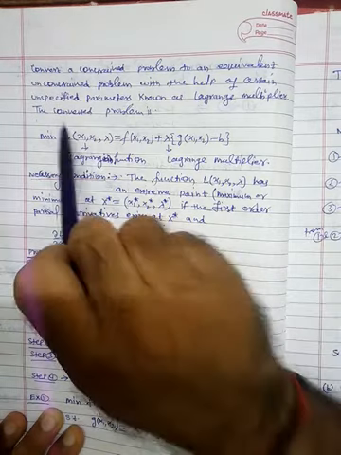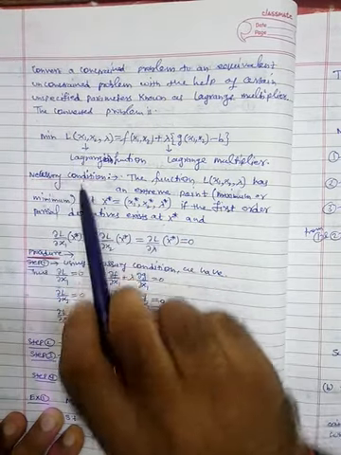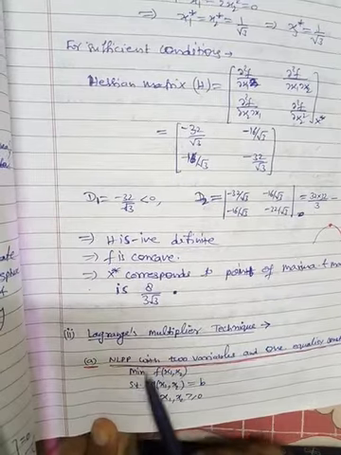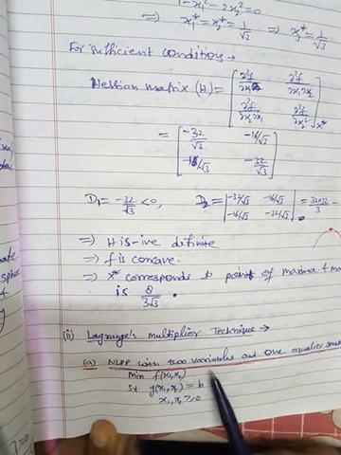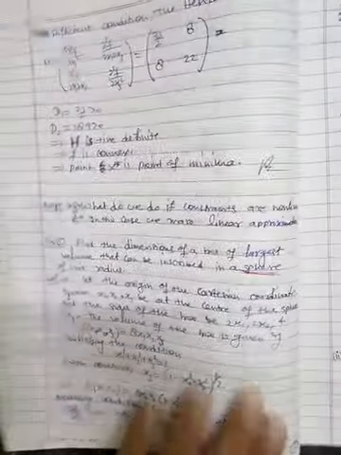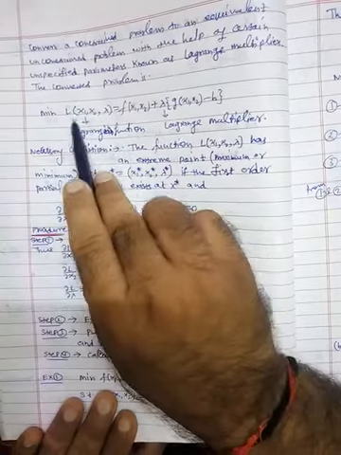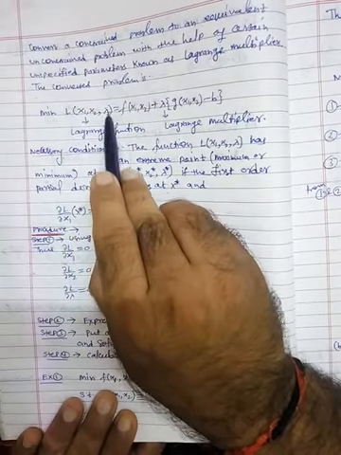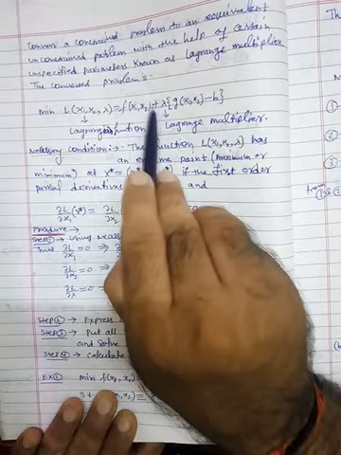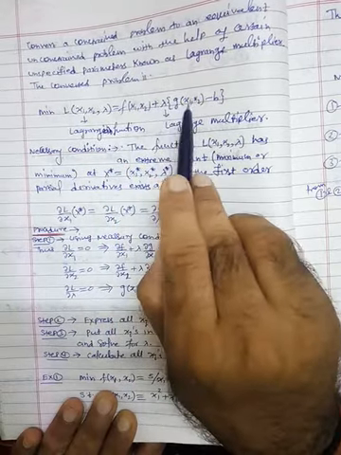Fine. So here, since we have only a single constraint, the converted problem is this. Minimum stays the same, just like our problem, because our problem was minimization in nature. So minimum of the objective function plus lambda times g of x1, x2 minus b. This is our Lagrange function. So L of x1, x2, lambda, where lambda is the Lagrange multiplier, equals the objective function plus lambda times g of x1, x2 minus b.